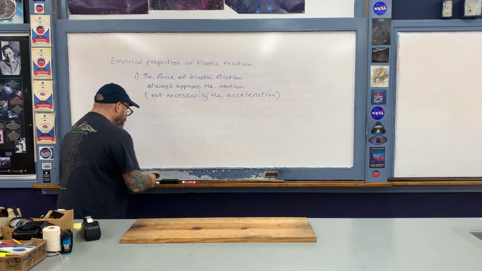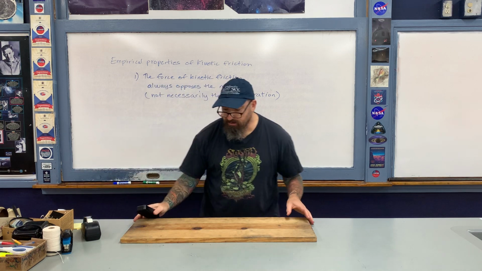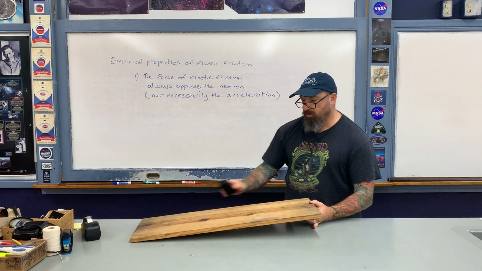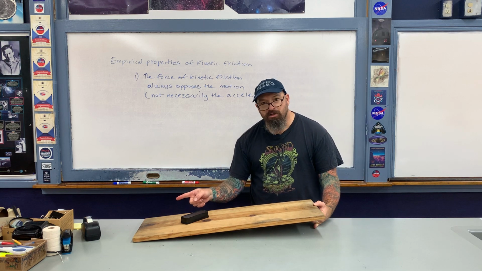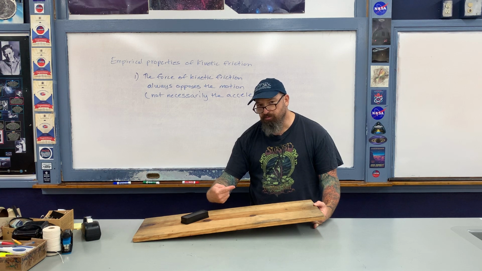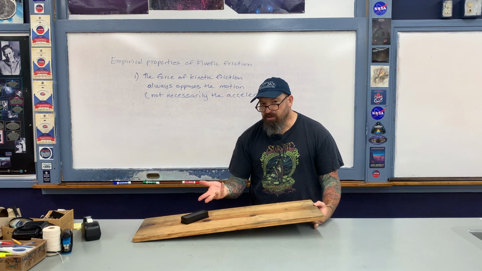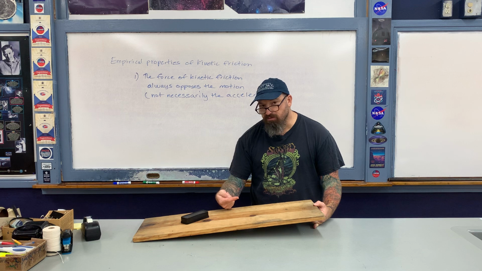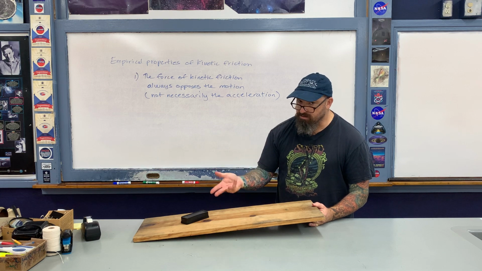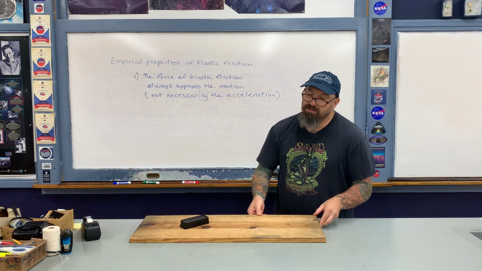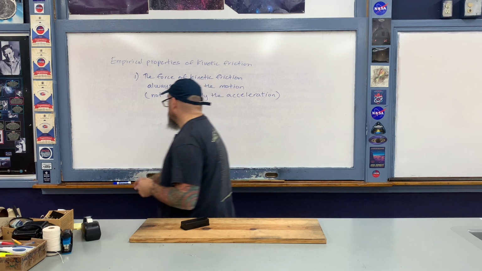All right, so for example, with my eraser sliding down a shallow inclined plane like so, as the eraser was moving down the slope, the force of kinetic friction was acting upon the eraser up the slope, that is, opposing the motion. However, because the eraser was slowing down, the acceleration vector was also pointing up the slope. So then therefore the force of kinetic friction always opposes the motion, but not necessarily the acceleration. Okay, that's fairly obvious if you think about it. Okay, and then secondly,